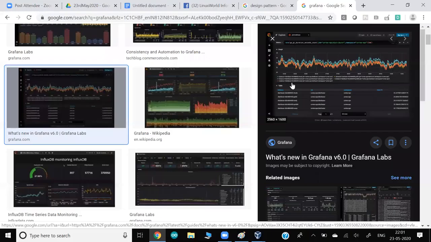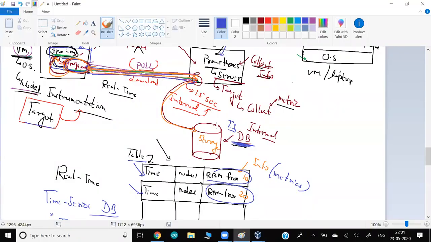So I can go back and see the time, what happened. Maybe a client requested 2 hours ago that they are facing an issue, but the ticket comes to you right now, and you want to check what happened at that particular time. So you have the data in your database, in the storage, and you can just go back 2 hours and check why that client faced the issue, so that the issue does not come again.